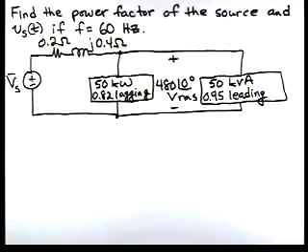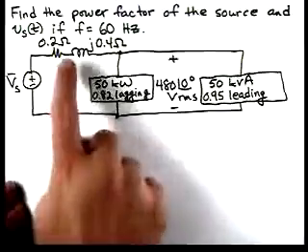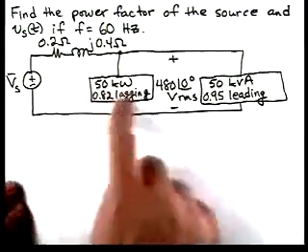Okay, in this problem, we're asked to find the power factor of the source and Vs of t if f is equal to 60 hertz. Notice that we have a line with an impedance of 0.2 plus j0.4 ohms. We have two loads. The voltage across those two loads is 480 at an angle of 0 volts RMS. Again, we're going to utilize Tellegen's theorem, which says the source has to supply the complex power absorbed here, here,